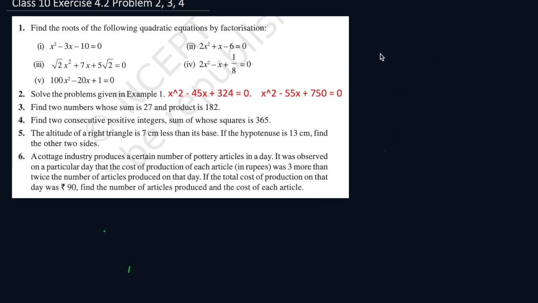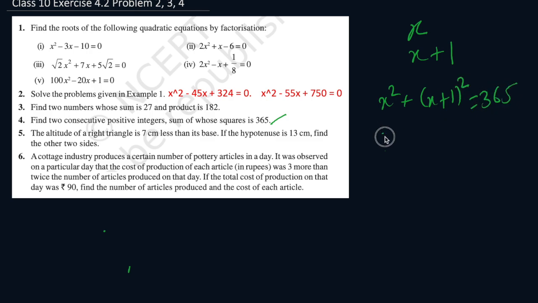Now let us see our fourth question. Our fourth question is, find two consecutive positive integers the sum of whose squares is 365. So we need two consecutive integers. If one of our integers is x, the other will be x plus 1. Now we are given the sum of these squares, that is x square plus x plus 1 whole square equals